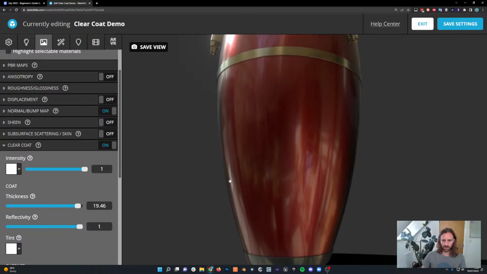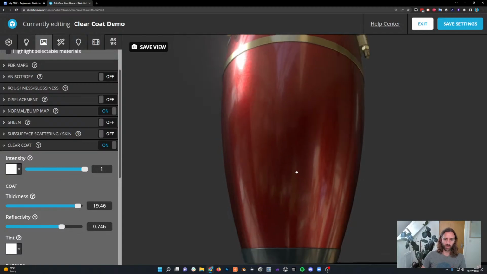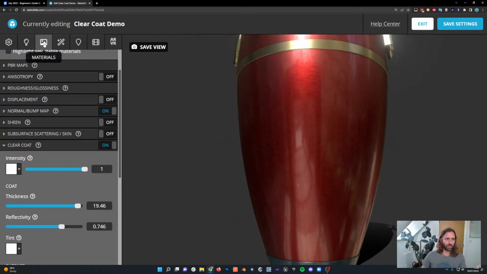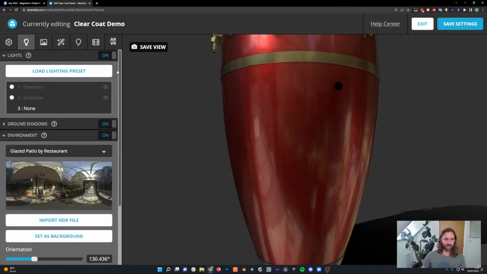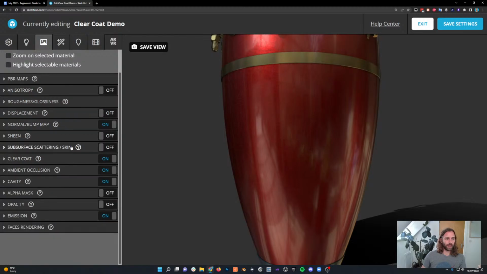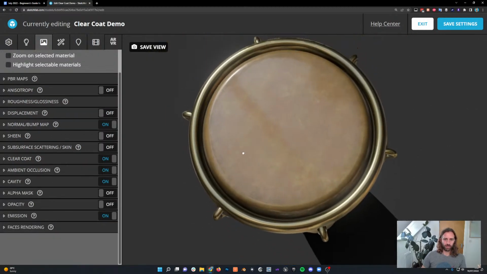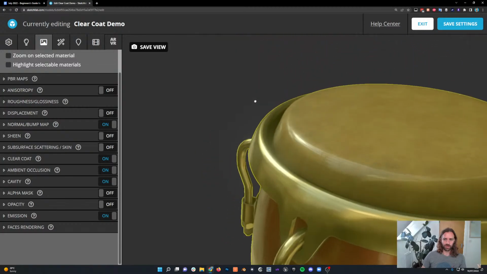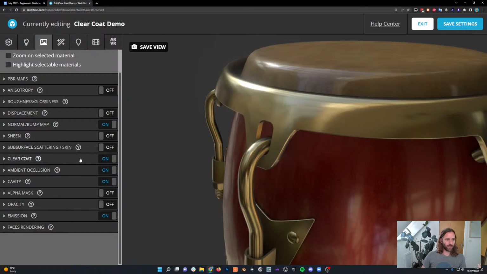So maybe easiest to see on the base here. Very reflective, not so reflective. And what we're seeing in the reflections is the lighting environment. So in this case, it's the glazed patio. However, we don't want the clear coat on the top of the drum because that's not what the tops of Conga drums look like. So let's go back to our clear coat settings,